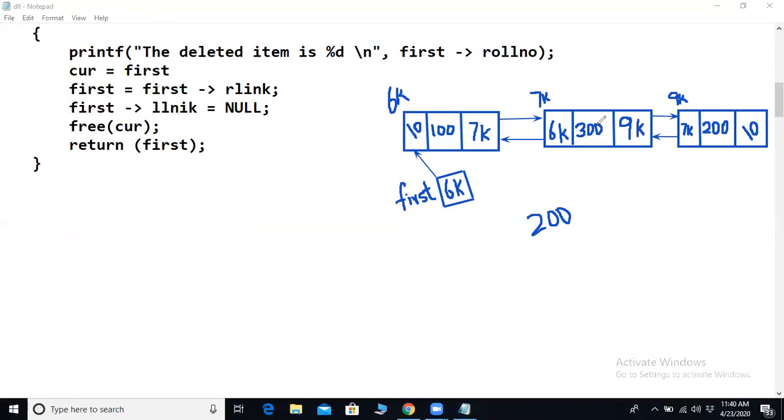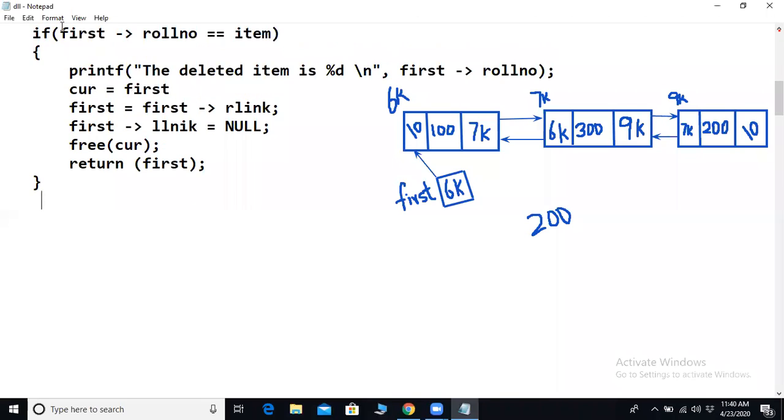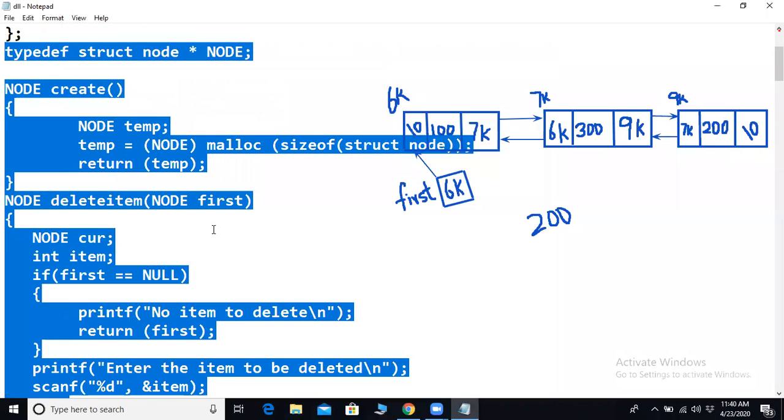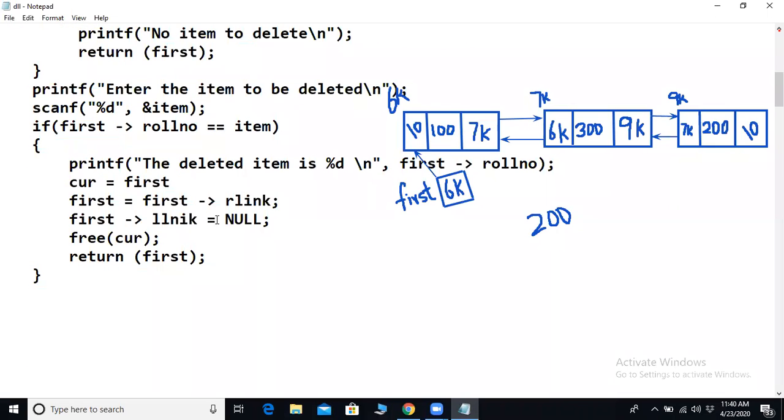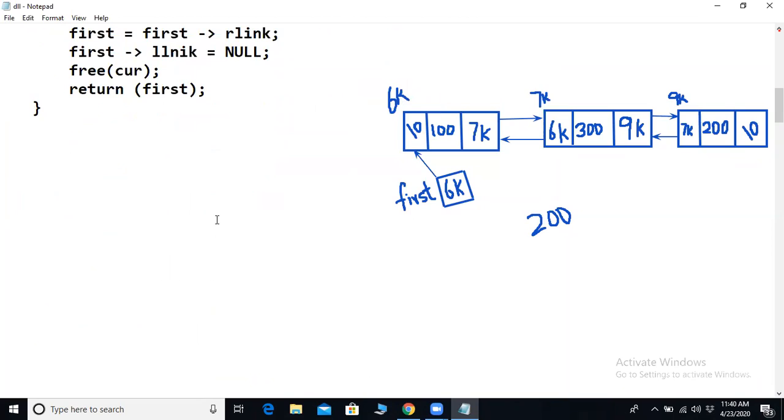We are at the first node, that is 6000. You checked whether 6000's roll number field is equal to the item or not. It was not matching, so now you have to go to the next node.